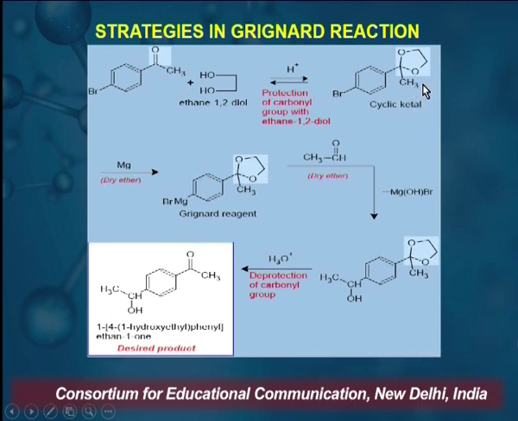Now, this is protected, so we can proceed to the formation of the Grignard reagent, where magnesium will be inserted between the Br and C bond, resulting in the formation of the Grignard reagent. Now, on reaction with the aldehyde, depending on the requirement of the desirable end product, it will result in the formation of a secondary alcohol at the end para to the protected carbonyl group, and on workup of the reaction, deprotection will take place and we will get the desirable